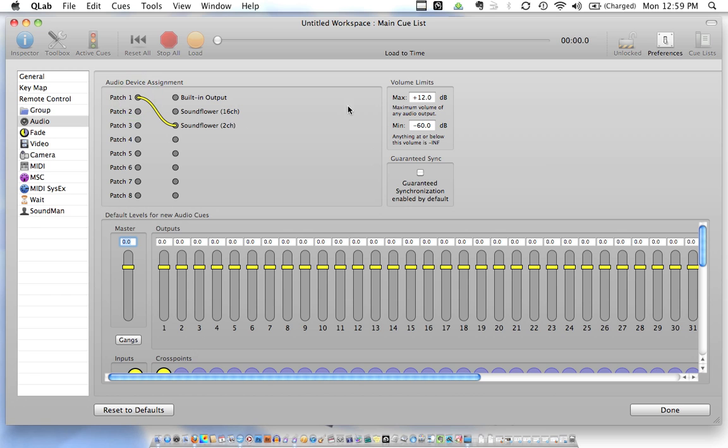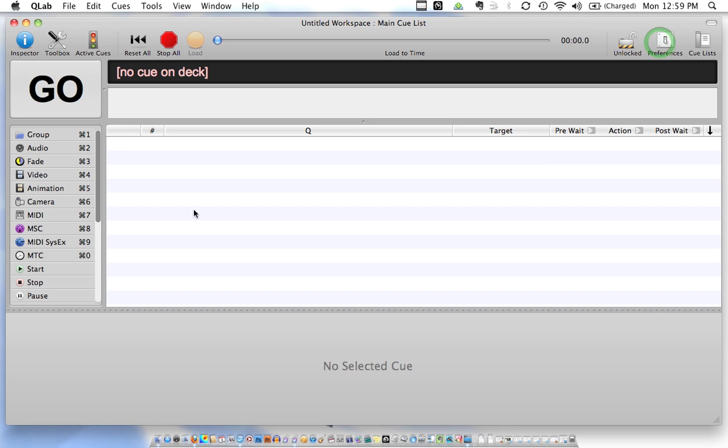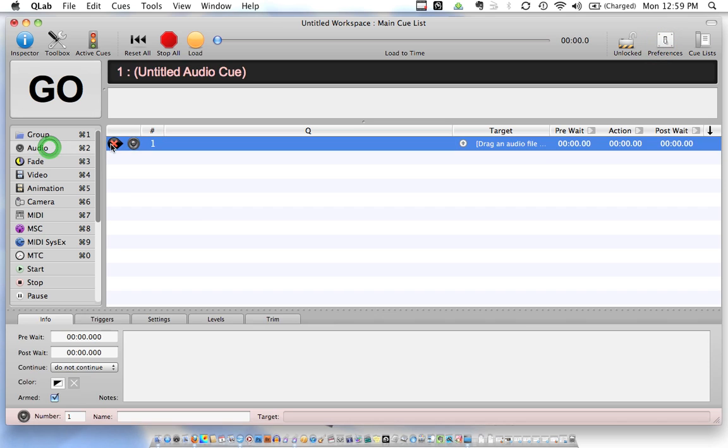Now I'm going to double click on audio, which will create a blank audio cue. What this is like is an envelope. If you think of envelopes as sending things from point A to point B without actually being the information itself, that's exactly what this is. This is a blank cue with an address that you will assign under target that will take your sound file, which you can think of as point A, and deliver it to your speakers, which you can think of as point B. So we just used preferences to set what point B was,